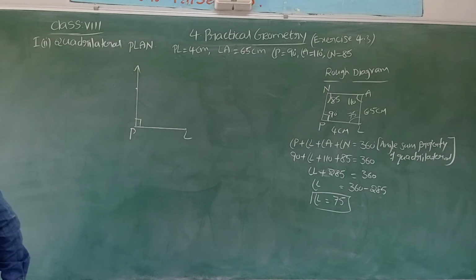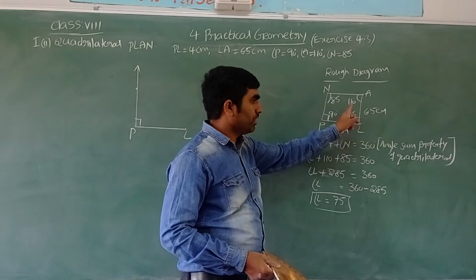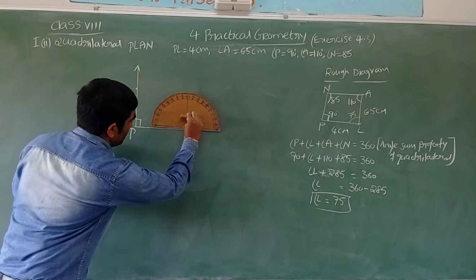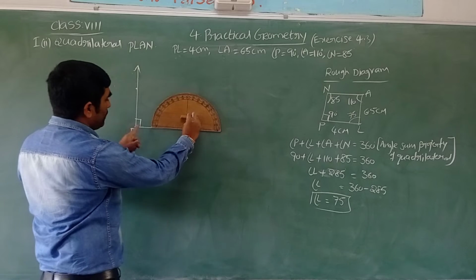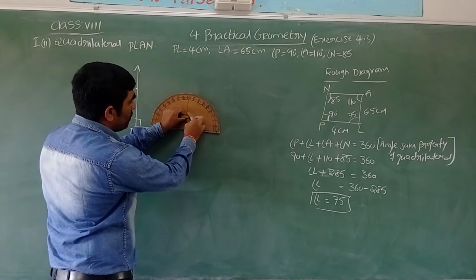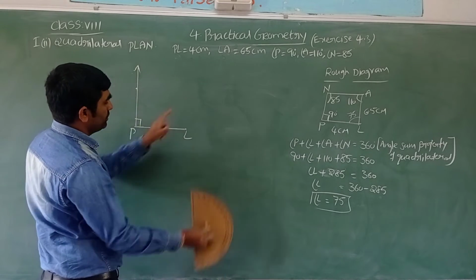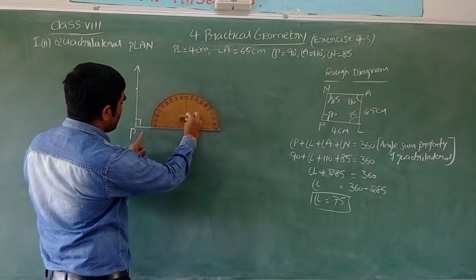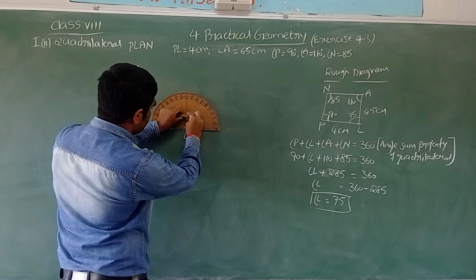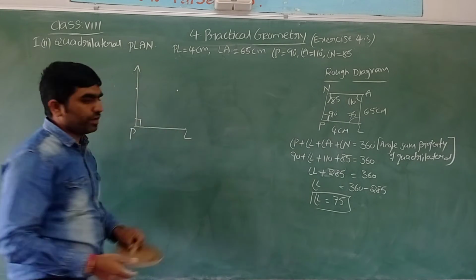Next, you can take the protractor. From vertex L, you can draw one more ray of measure 75 degrees. We have 0 on the left side and also on the right side. Now we consider the left side 0, because we need to measure this angle. From the left side, 0 is at the top, so we need to reach 75 degrees. I can see 75 here. Yes, it is 75 degrees.